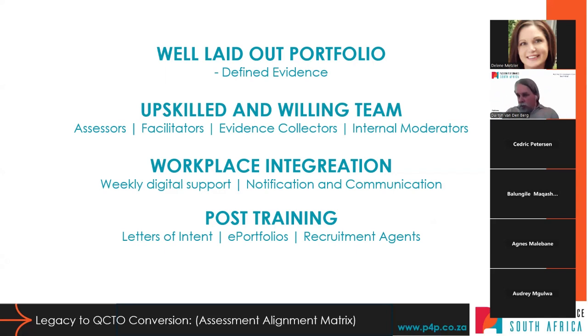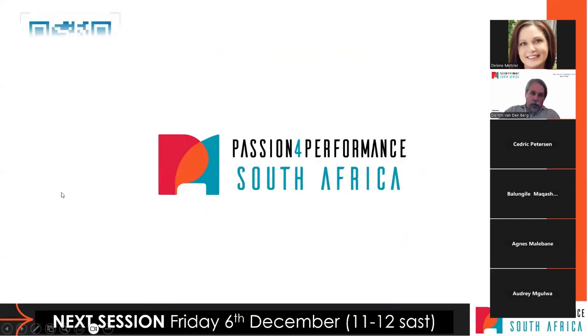You'll probably start seeing this emerge as well, or even competencies. So your learner might go to a recruitment agent going, oh, I'm coming as a business analyst. And the recruitment agent goes, well, what course did you do? Oh, I did the QCTO level 6 business analyst course. And the recruitment agent might go, that's great. Here's a list of competencies that we want the learner to be able to do. Can you please align that? What you can then do is align your e-portfolio to the list of competencies. And then the recruitment agent says, based on this portfolio, check, this learner does the following 5 competencies. Because if your company is placing learners in business, I promise you learners are going to come to your company, to what you do.